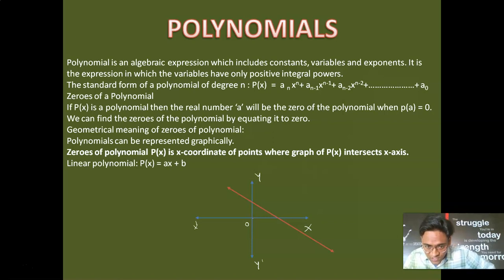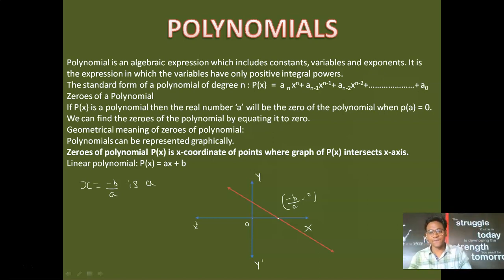Now students, see carefully this particular point at which the graph cuts the x-axis. Okay, the coordinate of this particular point is going to be -b upon a comma 0. Okay, you can check. If you put in the place of x -b upon a, you will be getting y equal to 0. So you will be getting px is equal to 0. That means I will say that x is equal to minus b upon a is a 0 of px and is the only 0. Okay, this is a unique 0.